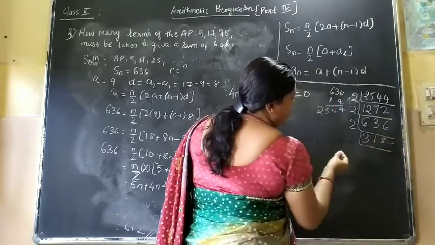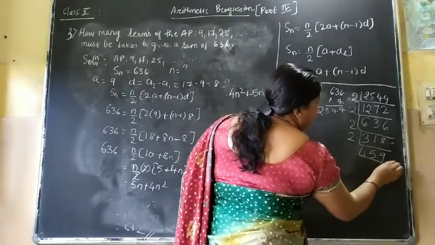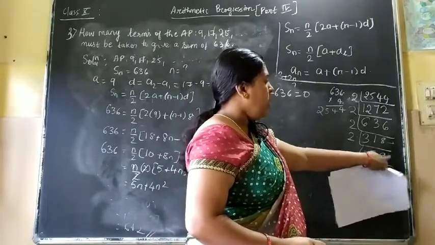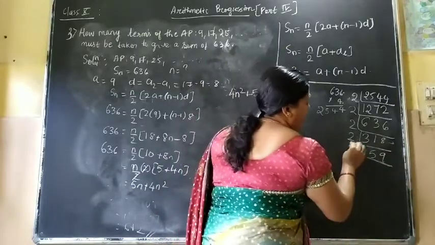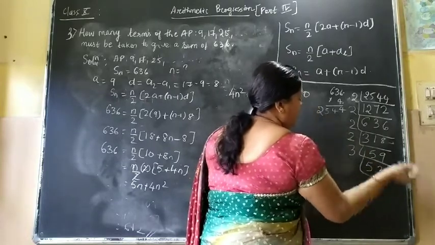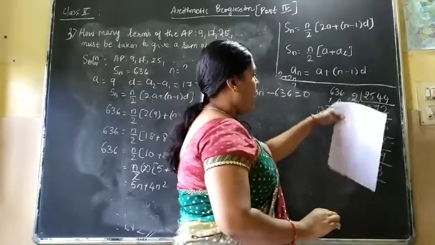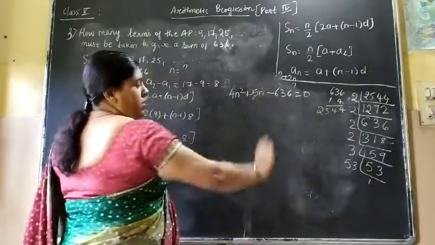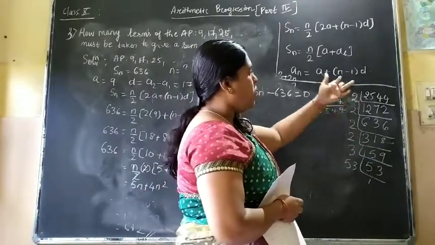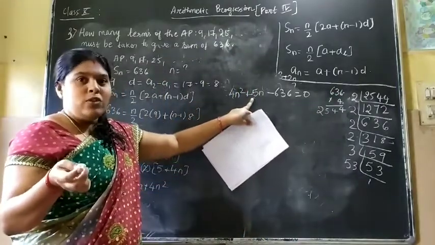Then this will go again with 2. 1s are... 5s are... 9s are... See now, it will not go with 2, since the last digit is not an even number. So we'll try with 3. 3 5s are 15... 53 does not have any other factor but itself. So now we need to find the values such that we will get this value. 3 2s are 6, 6 2s are 12, 12 2s are 24, 24 2s are 48. So 53 minus 48 is nothing but 5. So now we got the roots.